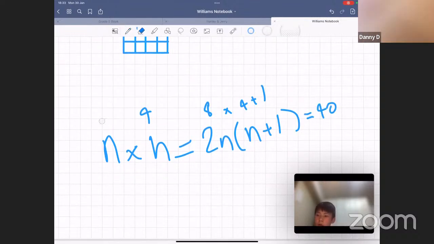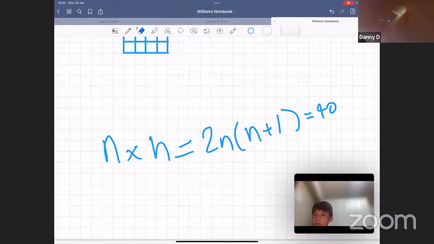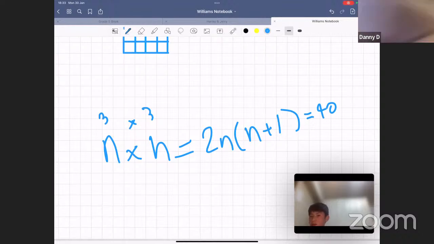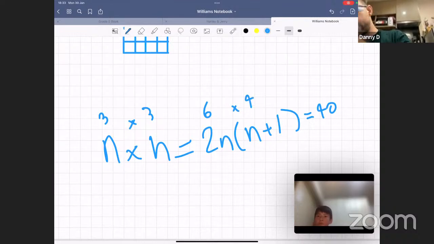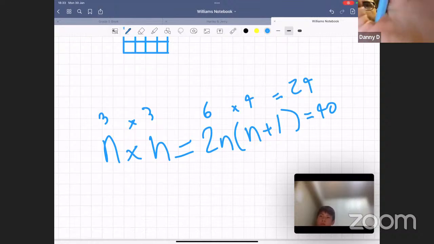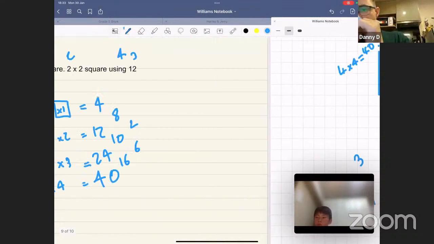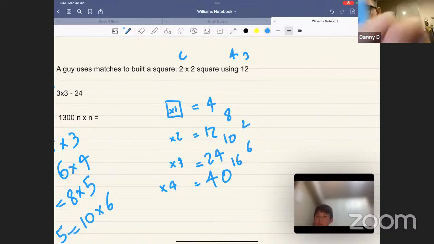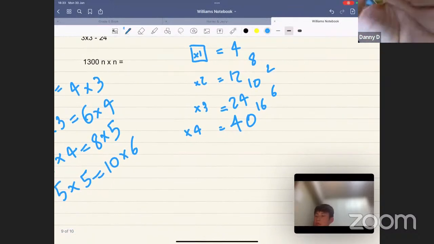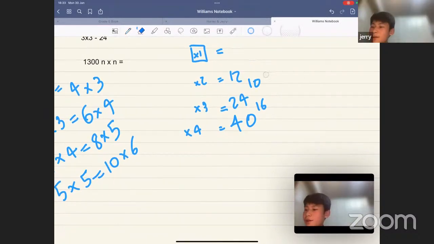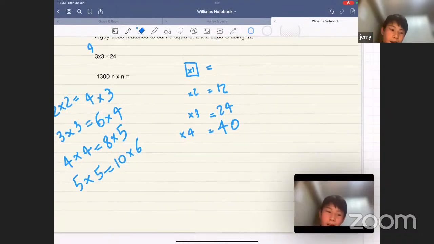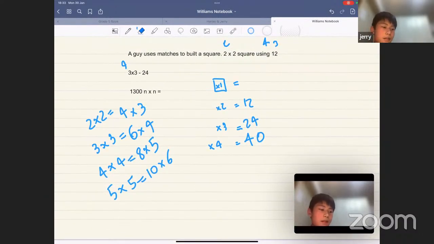Let's try it with 3 times 3, just to prove that it's working with every number. 3 times 3 would equal 3 times 2 is 6, times 3 plus 1 is 4. So the answer in this case should be 6, 12, 18, 24. If it is 24, then we can see that the formula is solid. Yeah, times 3 is 24. Well, I understand this method, but